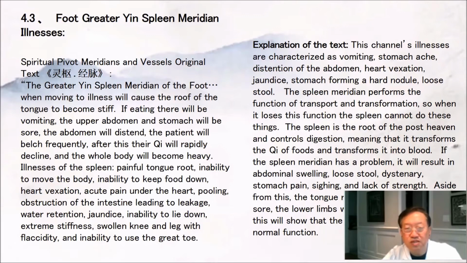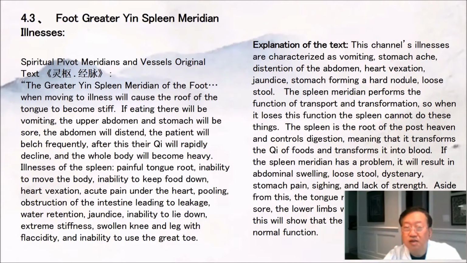Explanation of the text. This channel's illnesses are characterized as vomiting, stomach ache, distension of the abdomen, heart vexation, jaundice, stomach forming a hard nodule, loose stool. The spleen meridian performs the function of transport and transformation. So when it loses this function, the spleen cannot do these things. The spleen is the root of the post-heaven and controls digestion, meaning that it transforms the qi of food and transforms it into blood. If the spleen meridian has a problem, it will result in abdominal swelling, loose stool, dysentery,